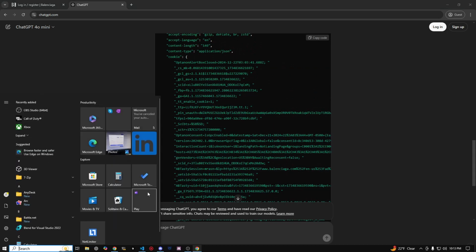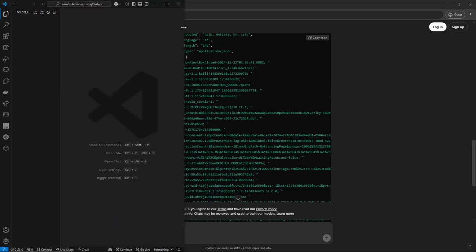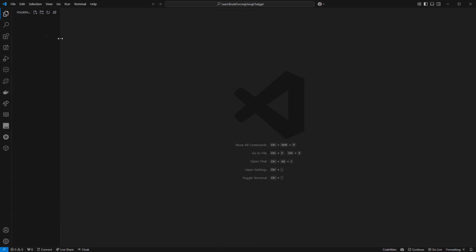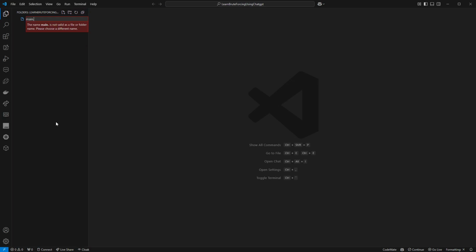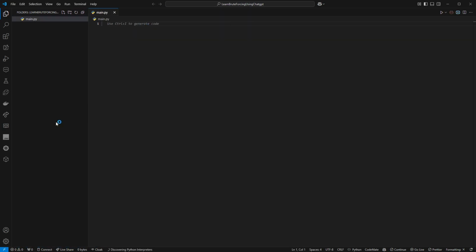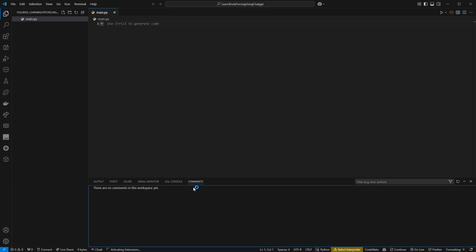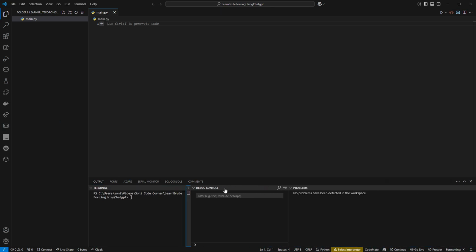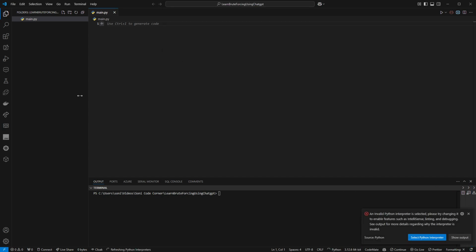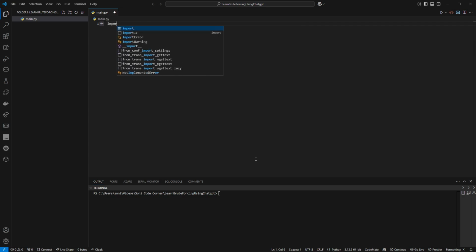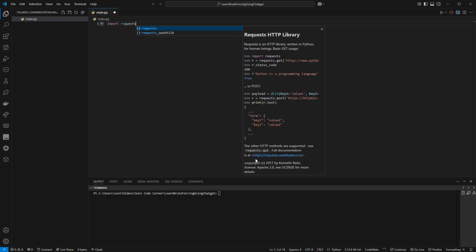Let's go ahead and now use whatever your favorite IDE is. I personally use VS Code. And we'll just create a file, right? We'll call it main.py just for some testing over here, right? Let's go ahead and hide these. Let's select a version of Python that we want to use if you want to, right? And what we're going to do here is import our requests library,